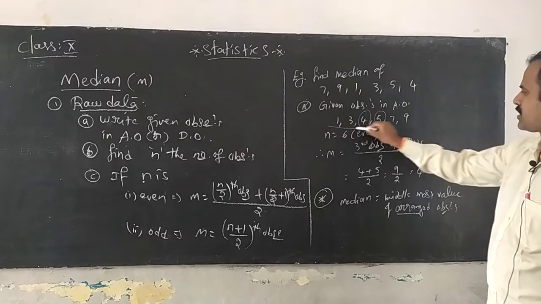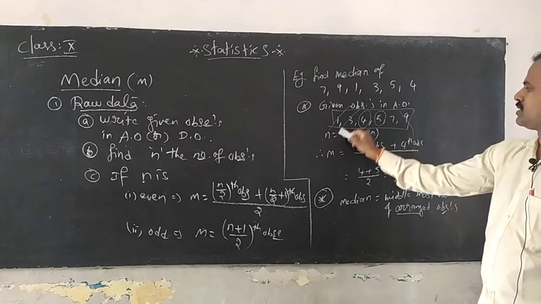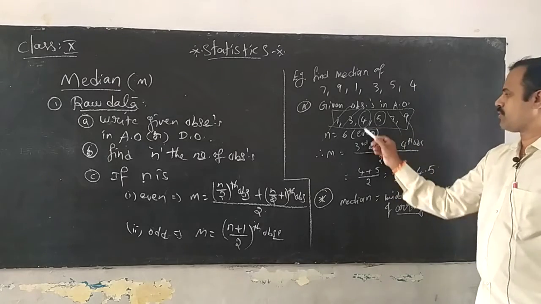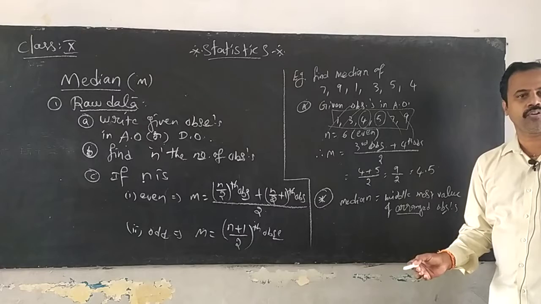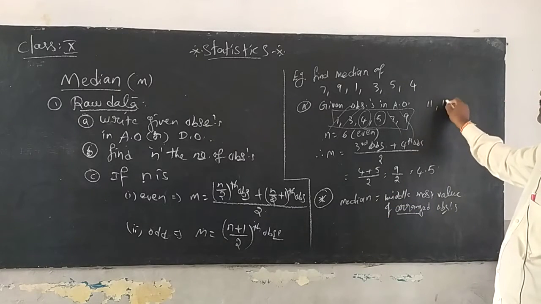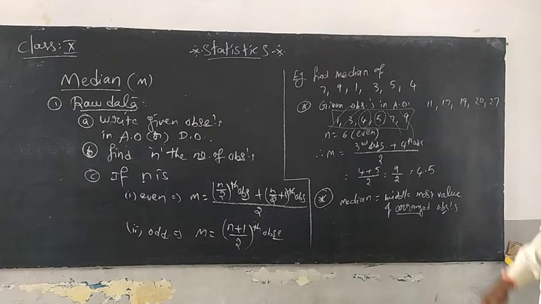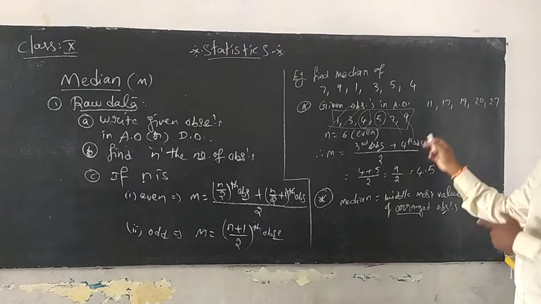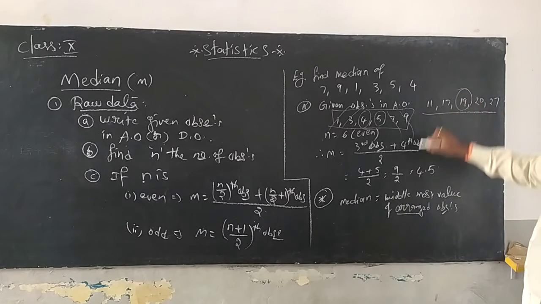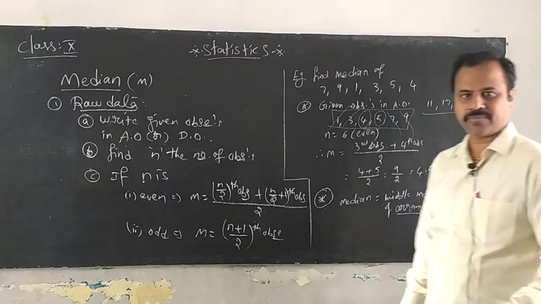If you take the same observations, for the middle most value, you can cancel the last items and the next items, and there remain only 2 values. So you will find the average of those 2. Okay guys, in such a manner, if an odd number of values is given, 11, 17, 19, 20 and 27, you want to find the median here, you take the middle most value in the arranged observations. Middle most is 19, so you can take 19 as your median, isn't it?